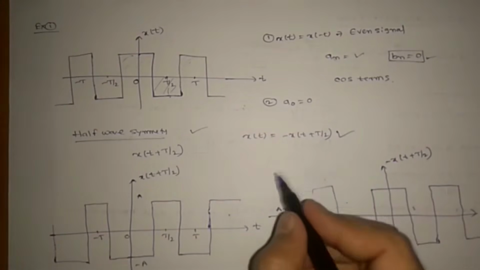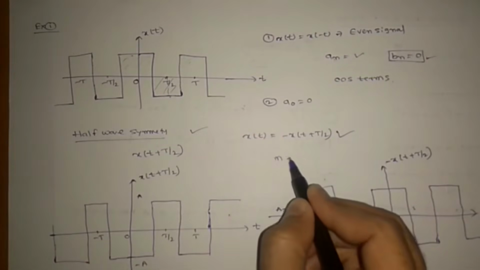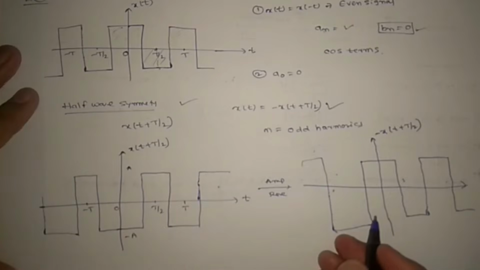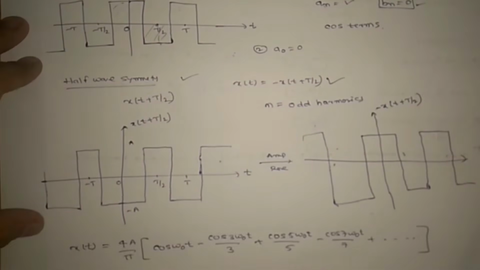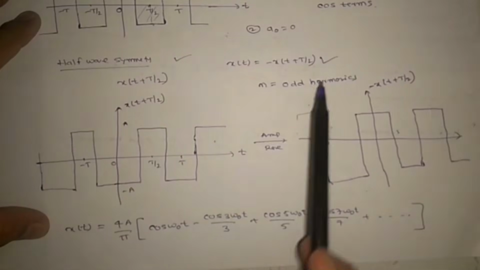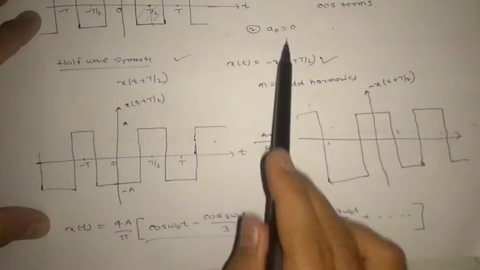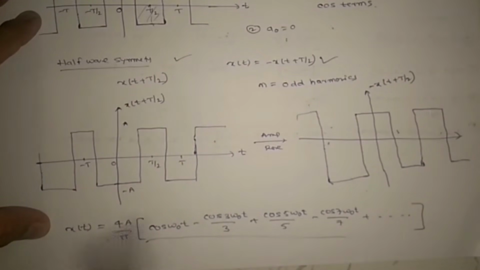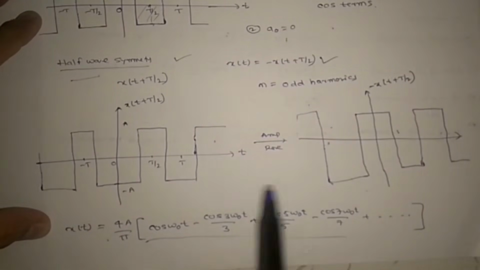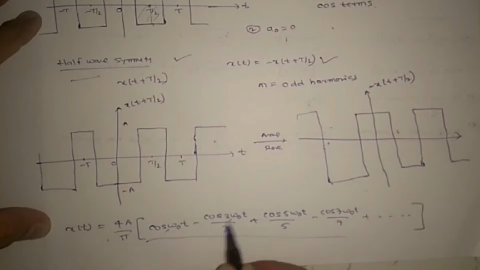So in the mathematical equation you will have odd harmonics. So what is the final equation? Here you can observe this mathematical equation: it is an even signal, that's why all cos terms are there, and DC value a naught is not there, and it is following half wave symmetry, that's why n has odd harmonics 1, 3, 5, 7, 9, see, all odd only you are getting. You can directly choose this option.